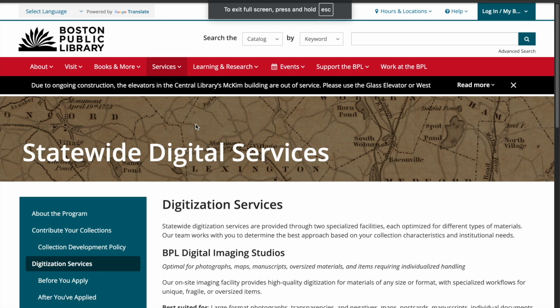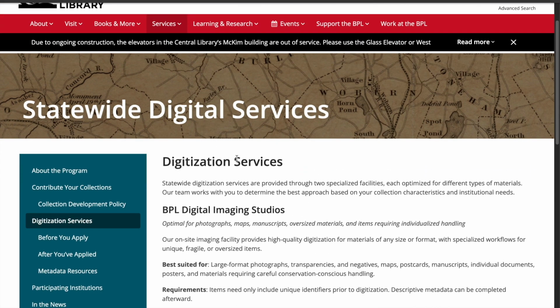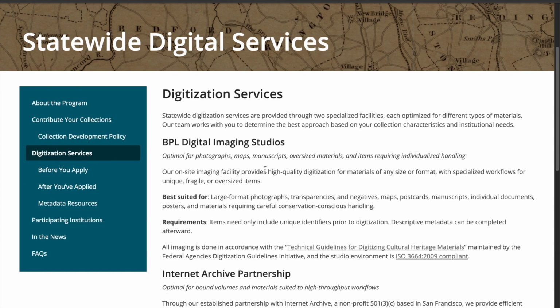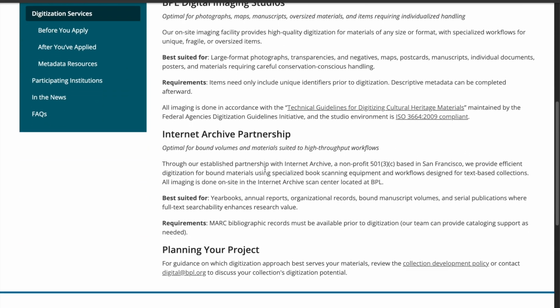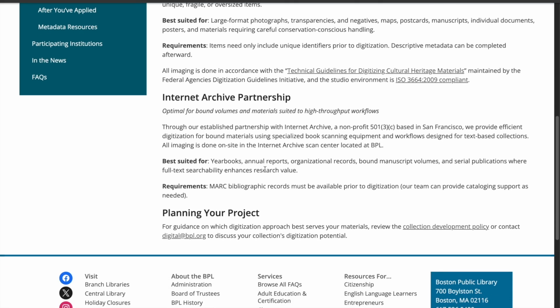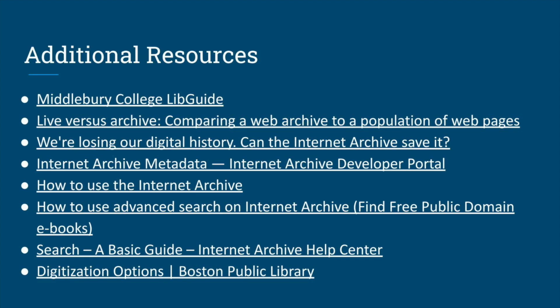One example is the Boston Public Library, which has partnered with the Internet Archive by hosting a scan center for Massachusetts institutions. These digitization services allow libraries, museums, and schools to share their materials with a larger audience. There's lots of further information on how to optimize your use of the Internet Archive, from advanced searches to digitization standards,